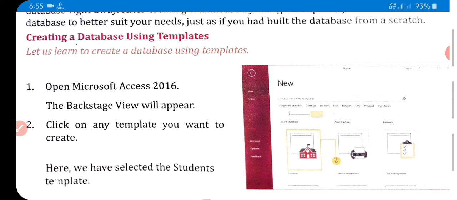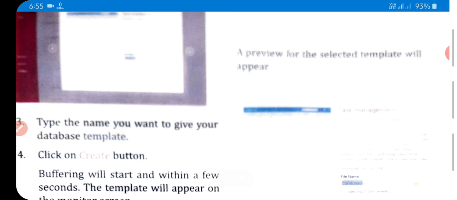For example, if we want to make a students list, we select the Students template, and after that, on the right side of the window a file name box will appear. By default Students will be the file name, but you can write your own file name, and we can also change the location of the file by clicking the folder icon given at the right hand side of the file name box. Then at last we click on the Create button.